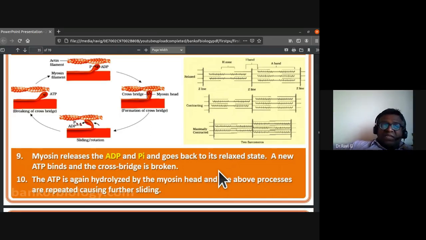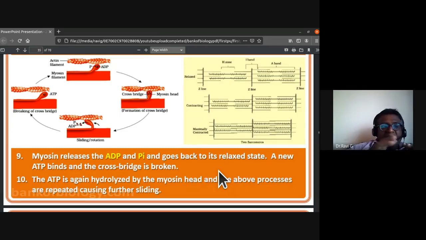So you should first understand the structure of actin. You should understand the structure of myosin. You should know what the isotropic band is made up of. The isotropic band is made up of only actin filaments, and they have a line in between them called the Z line. So the isotropic bands are divided by the Z line. The region between two Z lines is called a